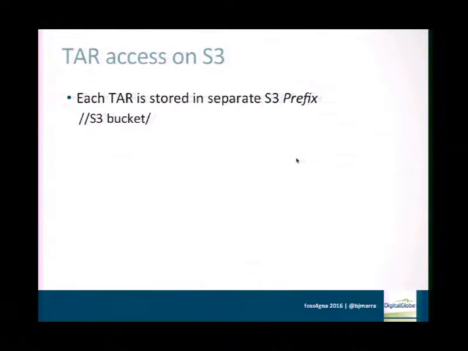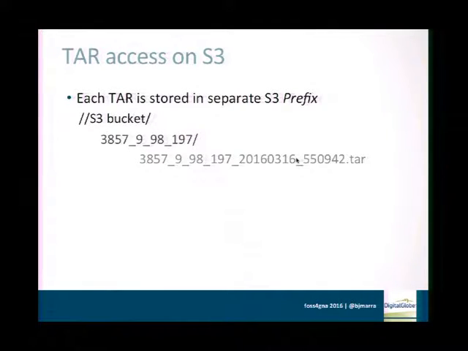So on S3, each one of those tars is delivered to a bucket, specific prefix, and then the tarball. What we end up with on S3, and this is a product of the process that we have in place at DigitalGlobe, is 57,000 directories on S3, each one of those with one tarball in there. So you start to see the question: how do we pull this all out and make sense of it